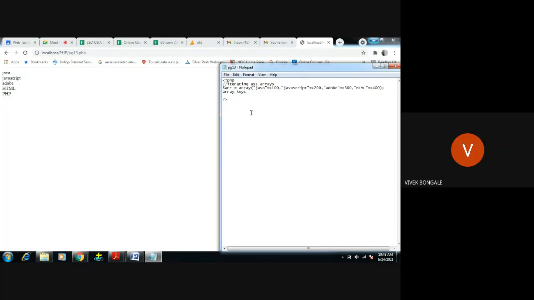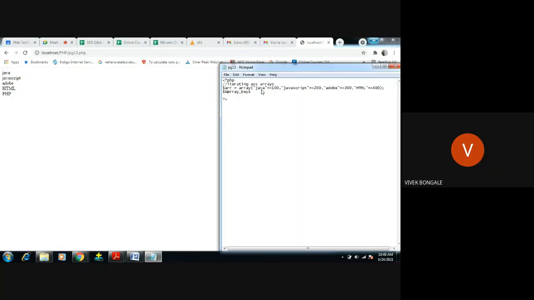Wherever you're trying to iterate this associative array, in any condition, whether it is while, do while, or for loop, you should use this array keys keyword, because it will take all the key values and load them into one variable.